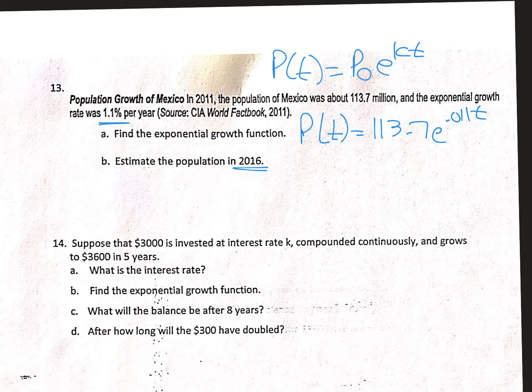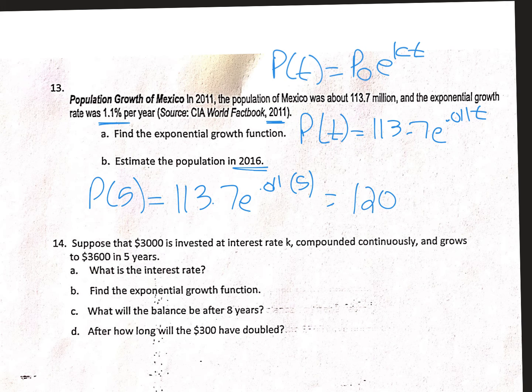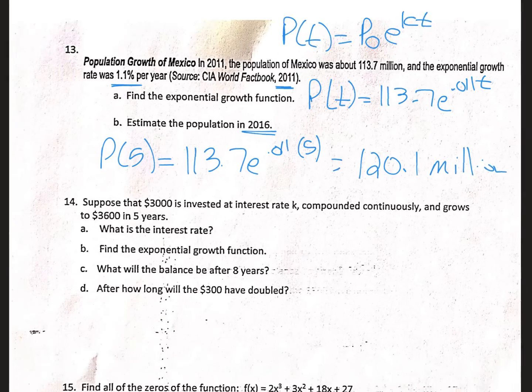Well, how many years away is 2016 from 2011? It's 5 years away. So basically, you're finding P of 5. You're putting 5 in for the time, the t. So I'm going to go 0.011 times 5. I'm going to punch that in real quick. And I'm getting 120.1 million when I punch that in. I want to make sure you might want to punch that in just to make sure you're punching it in